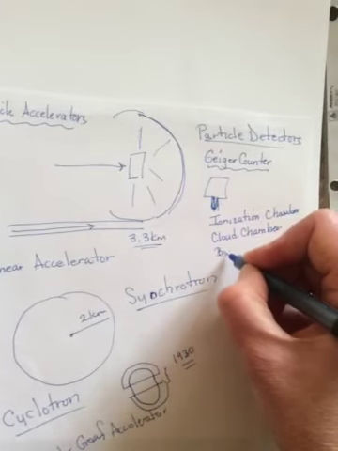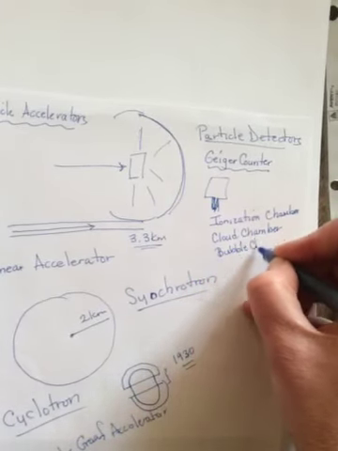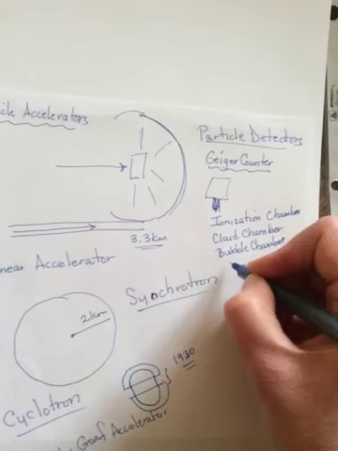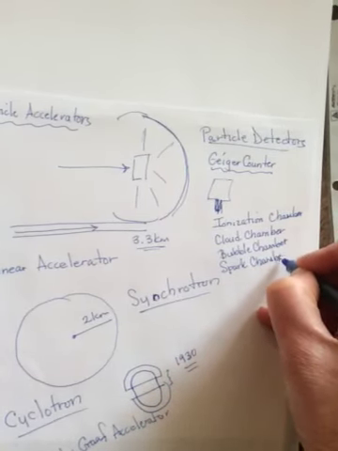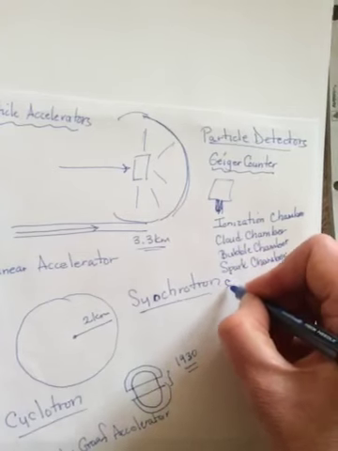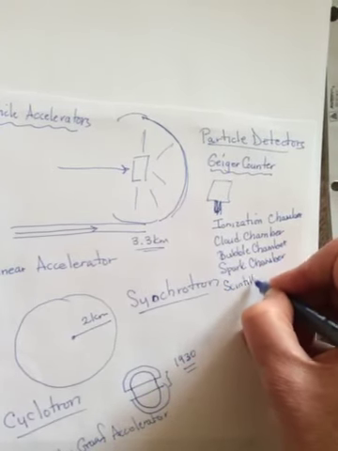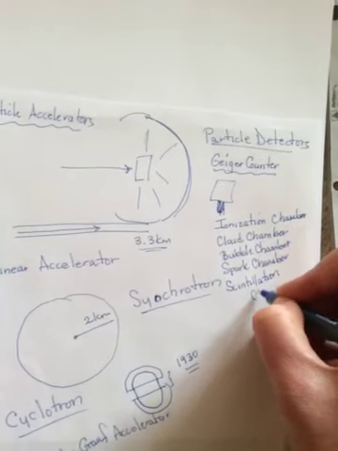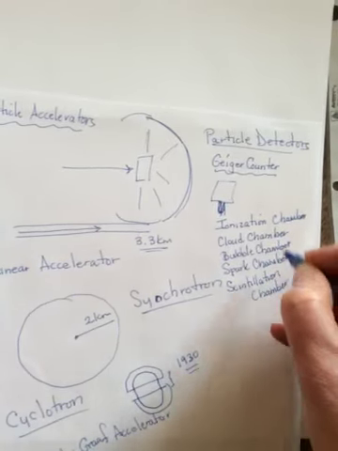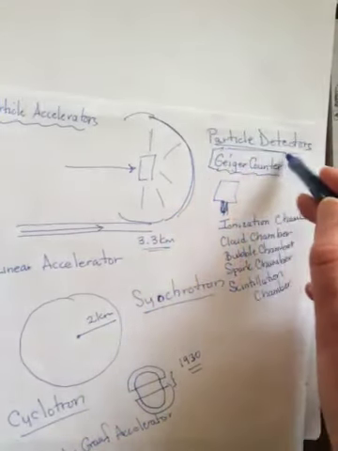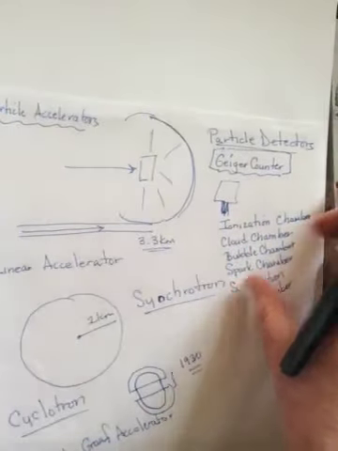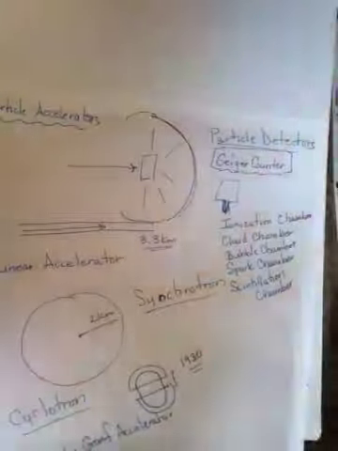Another one would be a bubble chamber. Spark chamber. And a scintillation counter. So again, for these, I would just like you to recognize their names as particle detectors. The one that you will hear most often in your lifetime would be a Geiger counter. Okay? So particle accelerators and particle detectors, with them we are now ready to move into the world that is